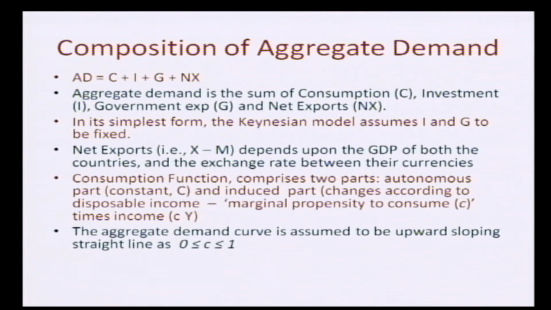This marginal propensity to consume remains between 0 and 1. It is positive, but it cannot exceed 1. It has one implication. It means that if the income of a person increases by 1 rupee, the entire 1 rupee is not spent on consumption. The consumption increases, but by a fraction of a rupee, say 50 paise, 60 paise, 70 paise, something like that.